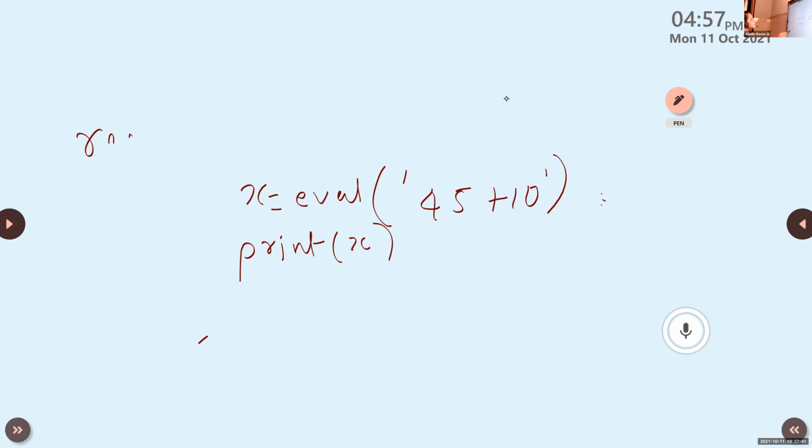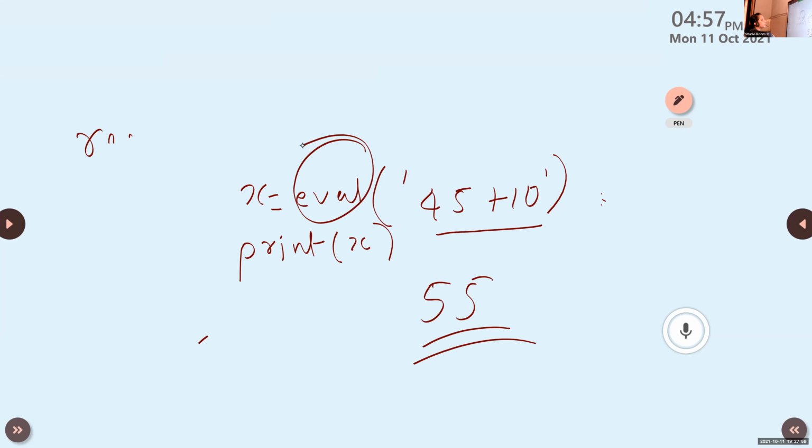So 45 plus 10 is in the form of string, but when we use this eval function, it will convert it to integer. So the answer is 55. Is it clear, Srihari? Yes, ma'am.